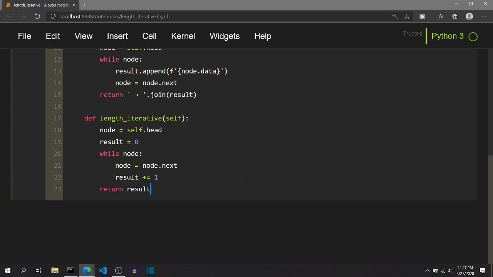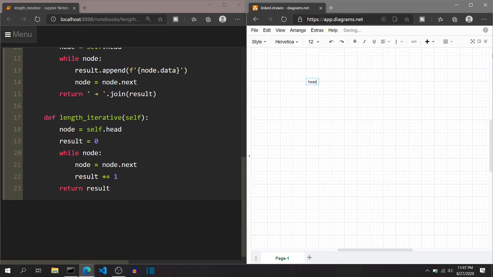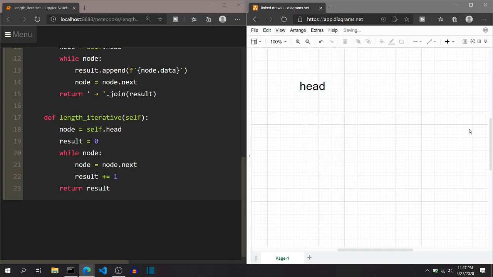So let's visualize this to get a better understanding of how this code works. Each linked list will have a head pointer. So let's consider the boundary condition first, that is head points to a none value like this.